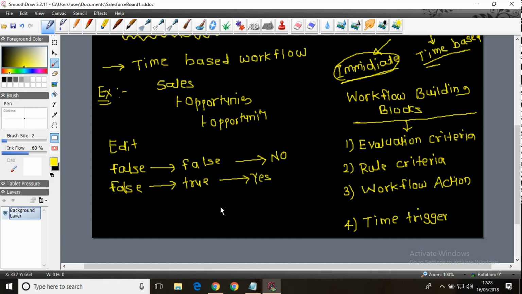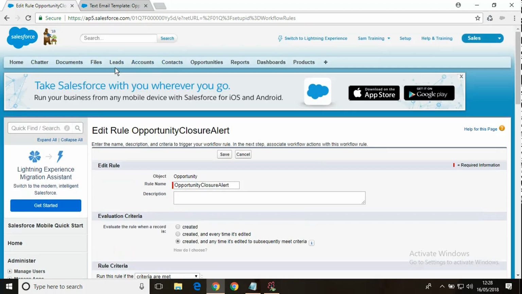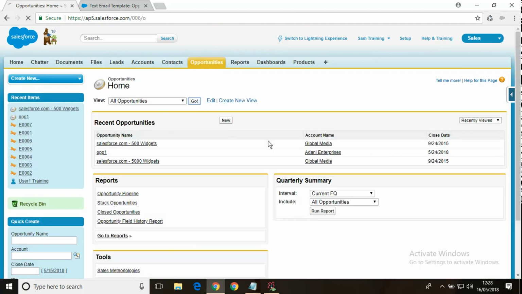Let us do that. Take a certain opportunity, and let us open that opportunity. So first thing, let us add the closed flag in the page layout.